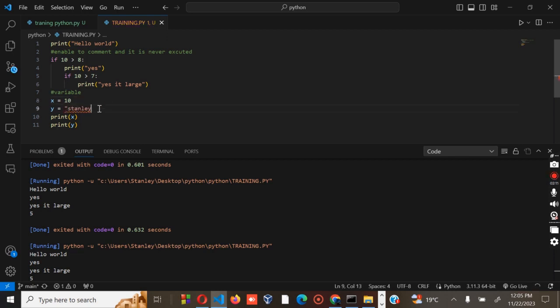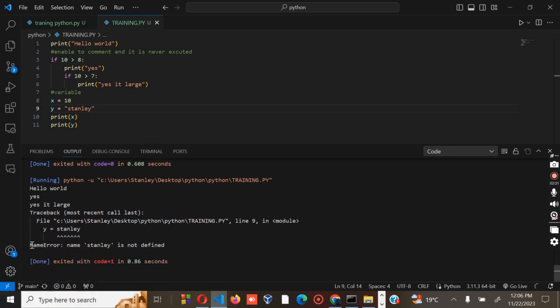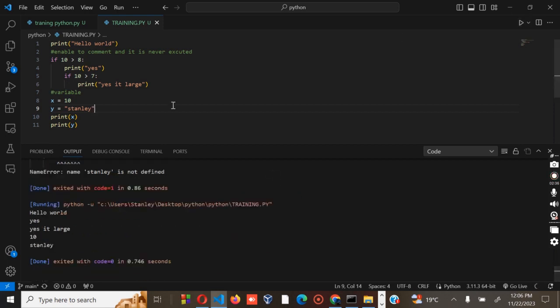So we need now to define, because if we look at where the problem is, the error says the name Stanley is not defined, and you need always to define a name. So I've already defined it by having this one. So let's try to run the code. Okay, let's see what we have. So as you can see, our code has run successfully.